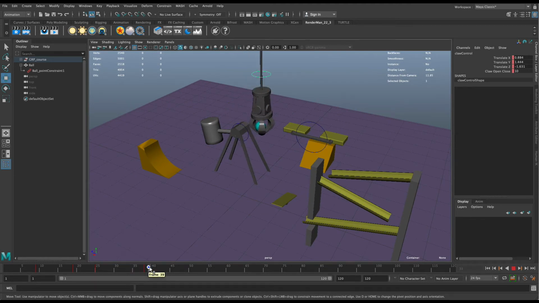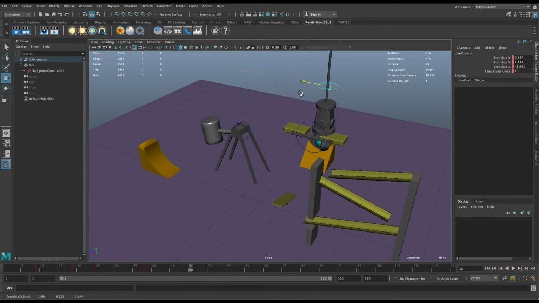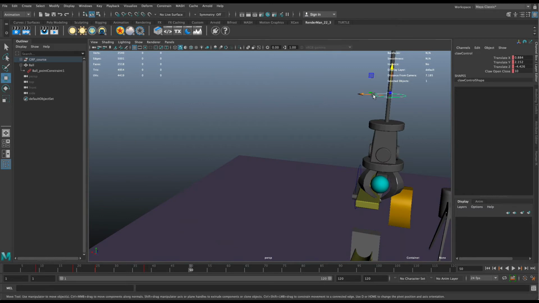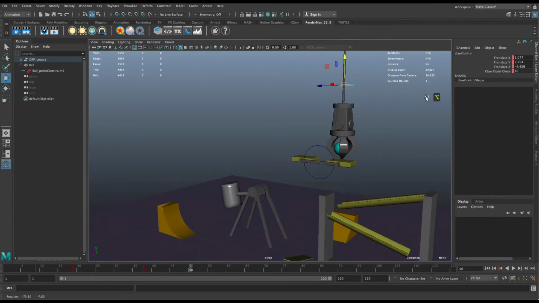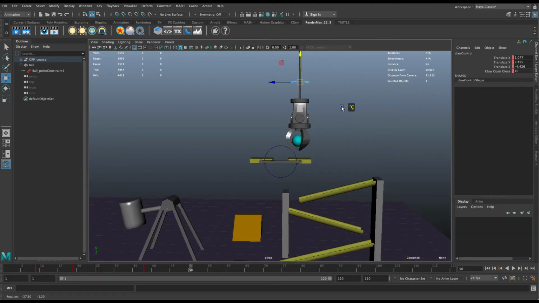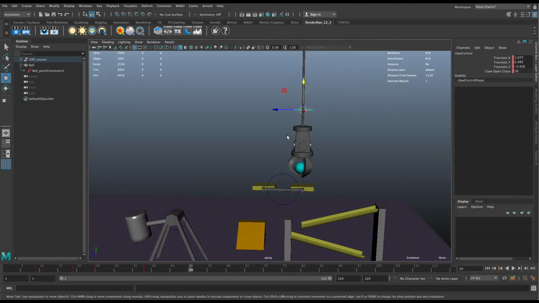Since I have it going to this point, I'm going to go a few more frames, and I'm going to have it move over and kind of above this little platform that I've created right here. And I'm going to end up dropping the ball. I want to drop it down on top of the platform. And the idea is I'm going to get the platform to move with it, right? So I'm going to key that right there. I'm going to key the claw right there. So it comes up, moves, and connects, right? So now that I've got it connected,